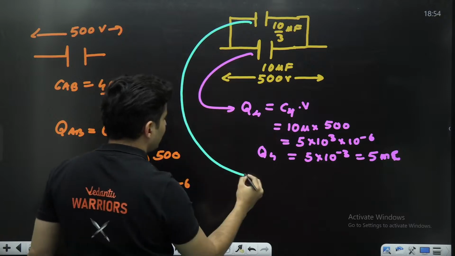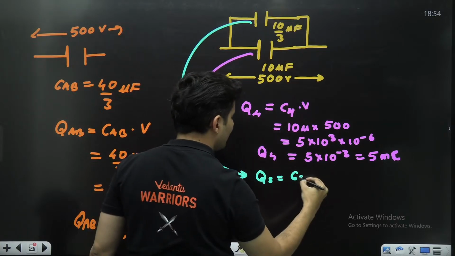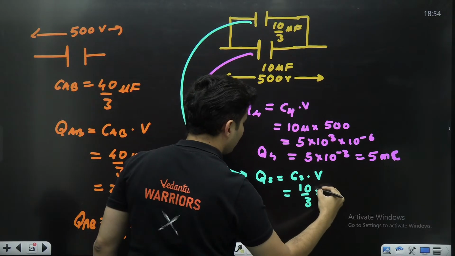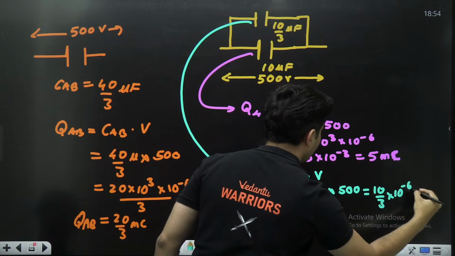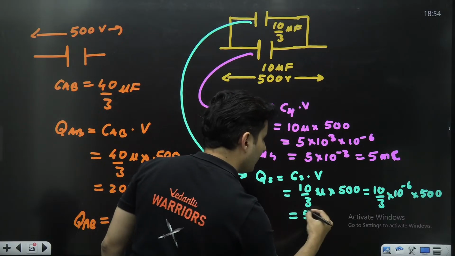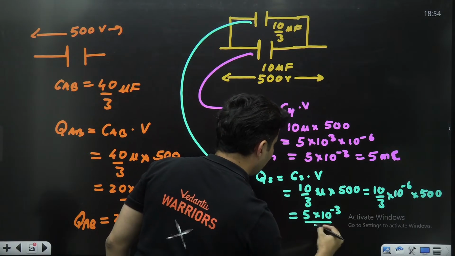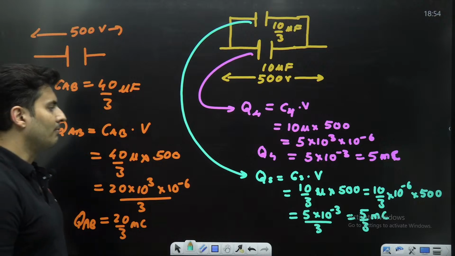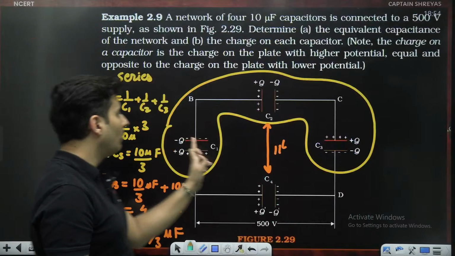Whereas on this capacitor, which is over here, the charge would be this capacitance, which was in series, into voltage, which is 10 by 3 into 10 to the power minus 6 into 500. Which is how much? 5 into 10 to the power minus 3 divided by 3, which is 5 by 3 millicoulomb. Remember, whatever is the charge on this capacitor, which was actually a combination of these three capacitors